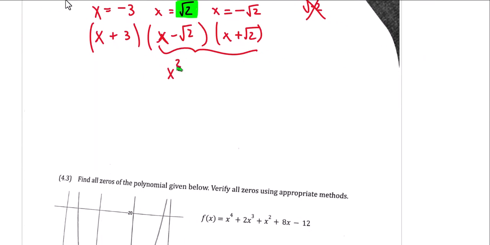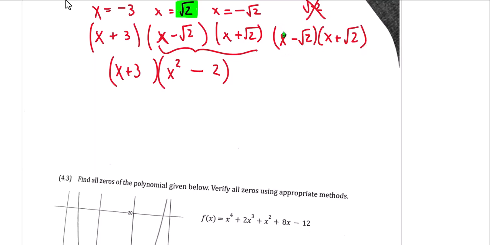So it's factored. So this will be x squared minus root 2 squared, which is just 2. So x squared minus 2 will be the factor over here. And over here we have the x plus 3. By the way, if you do forget the difference of squares shortcut, that's fine. You can just go ahead